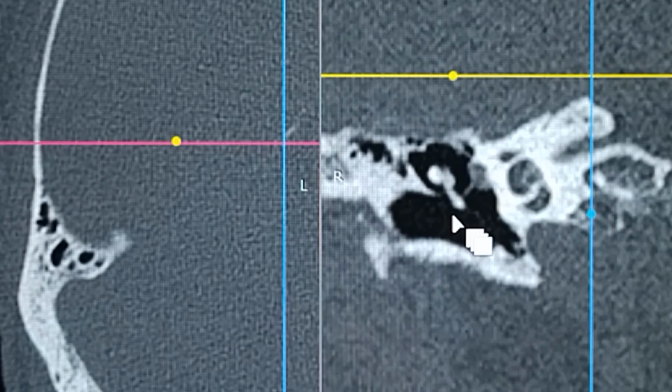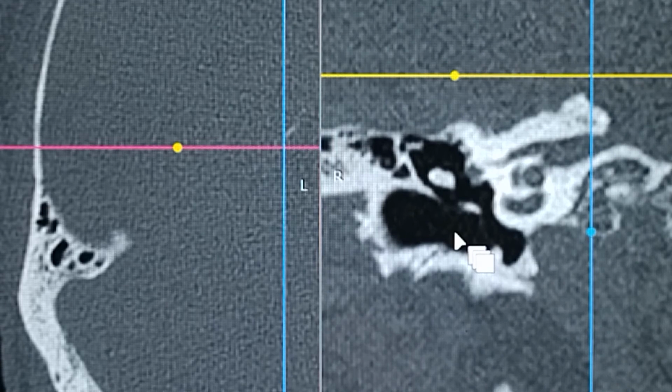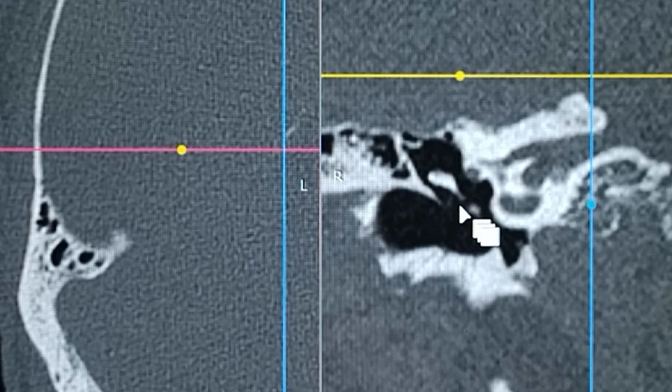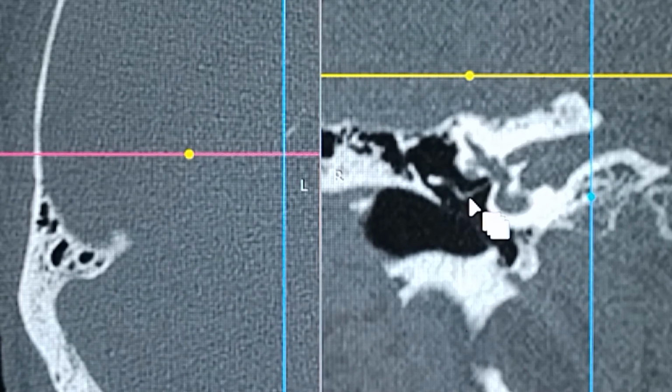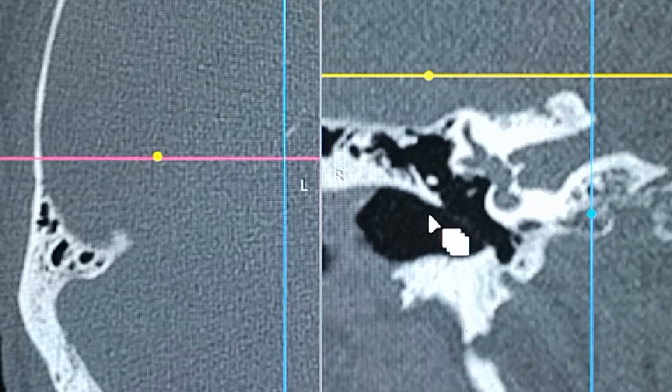Going behind, you can start seeing that's the incus right now. You can see the incus right now. Now this structure entirely is the incus. You can see the body of the incus. That's the long process of the incus. And then you can see the stapes suprastructure right there. And you can see the oval window opening right there. So this is how you should be seeing the